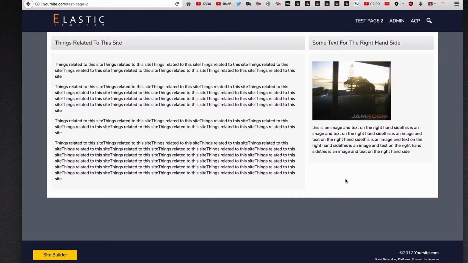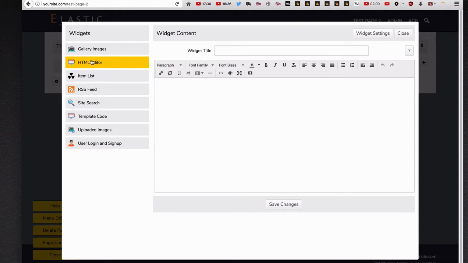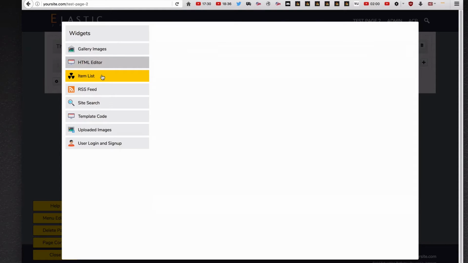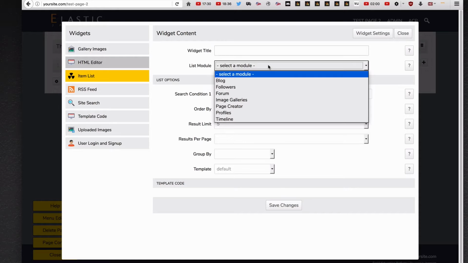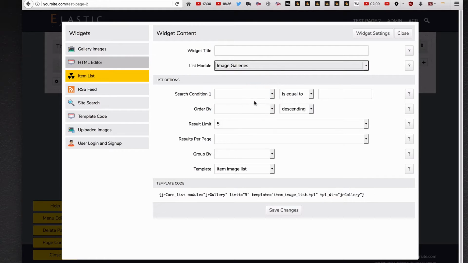So far, the content is just something that you have created, but the real power of Jamroom starts to come out when you start drawing from existing things that your profiles have created, because that's really what the top level of the site is for. It's to showcase what the members of your community have uploaded to their profiles. So if we go into here, we add another widget. This time, instead of it being an HTML editor widget, we'll use the item list, and we can get a list of anything. I know there's some image galleries in the system, so we'll do that, and we'll call that latest